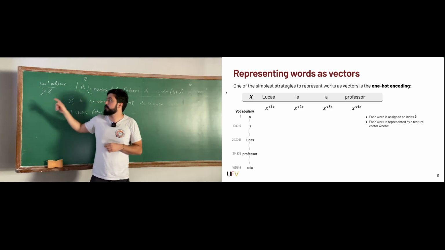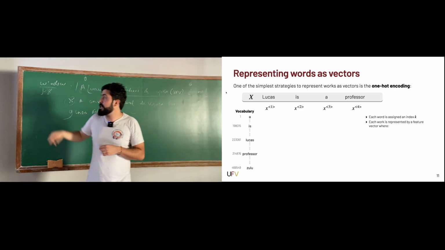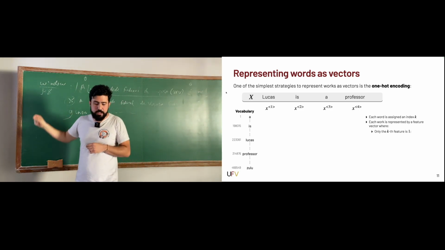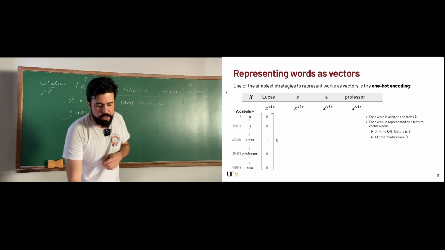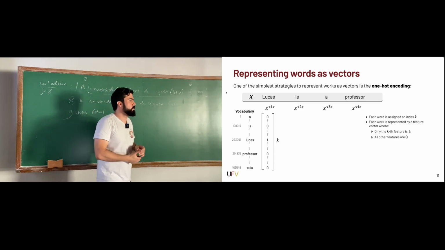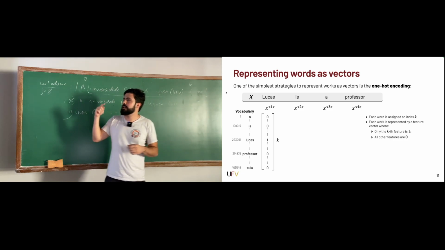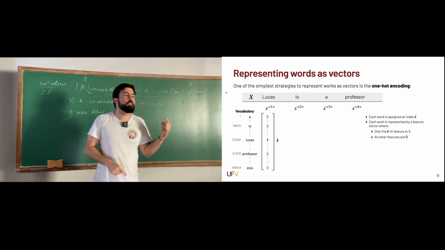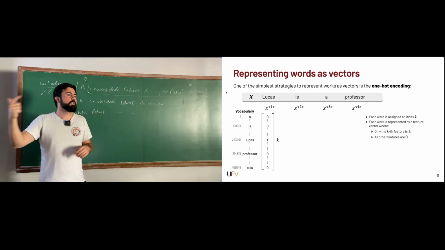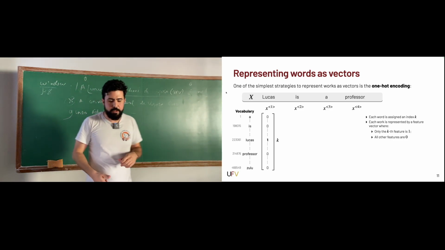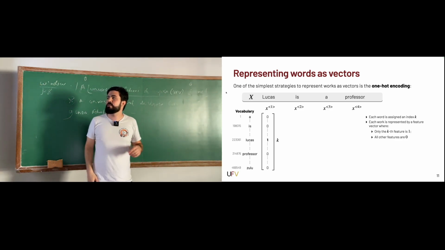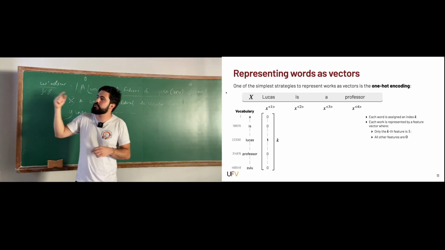So each word is going to be represented by a feature vector where only the kth feature is 1 and all the other features are 0. So it's a very sparse vector which has only a single value 1. And that value 1 goes in the index k of that word in the vocabulary. Okay? So for instance, the word Lucas would be this vector full of zeros with the value 1 for the dimension